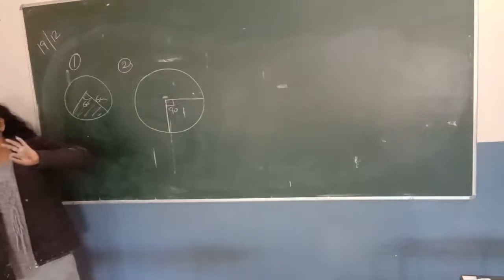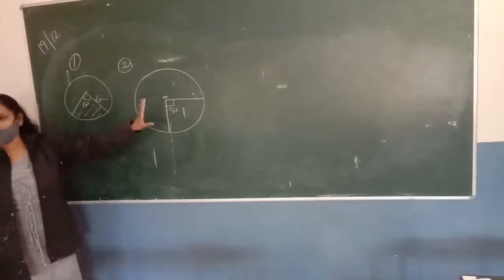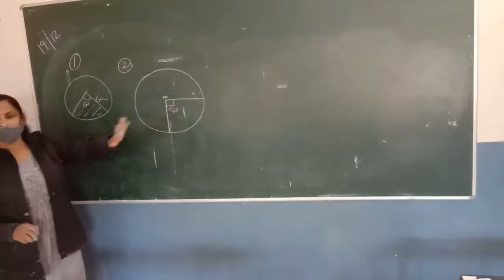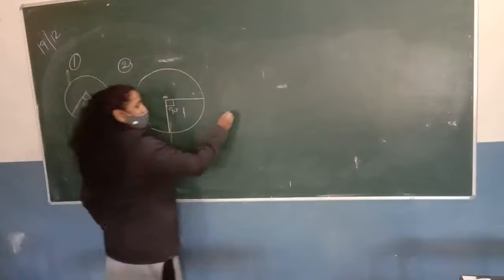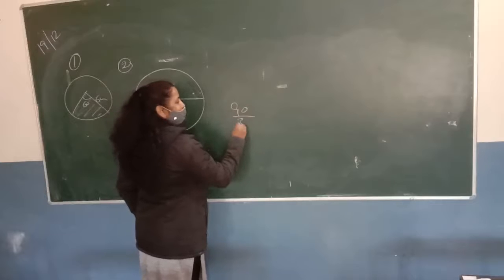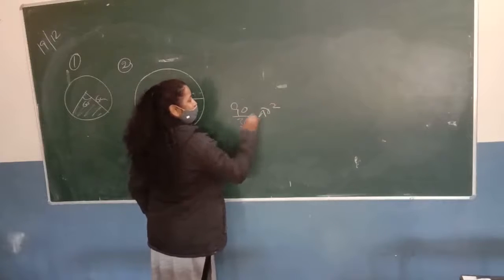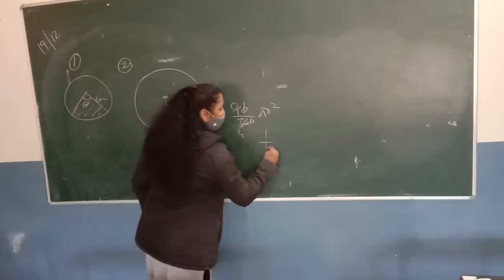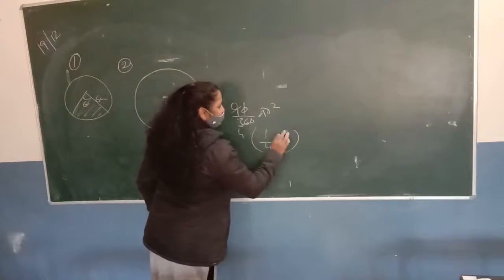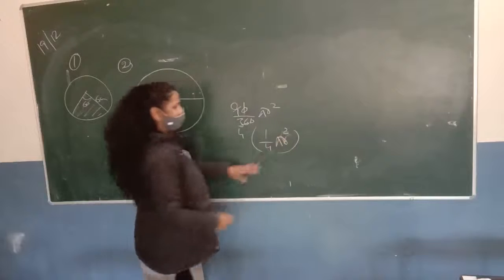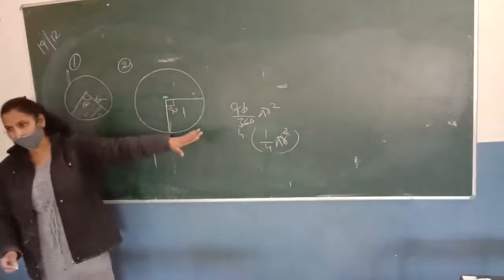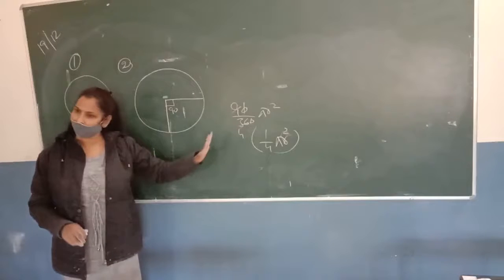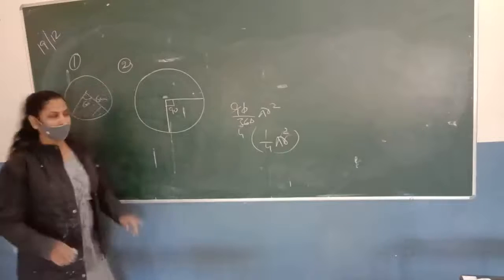Quadrant means 1/4 part. If it is given that the quadrant of the circle, it means the angle at the center is 90. And we can use a simple formula, like we know that the formula is theta upon 360 pi r square. So how many times is 90 in 360? 4 times. So we can write it like 1/4 of pi r square. So now you can use either. You can use this one, 1/4 pi r square, for the quadrant, or we can use this one, 90/360 pi r square. जो भी आपको इजी लगे आप इसे यूज कर सकते हो. ठीक है? Okay, Rishan, continue.